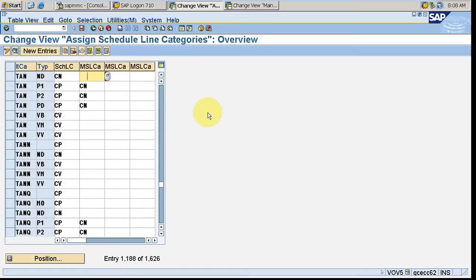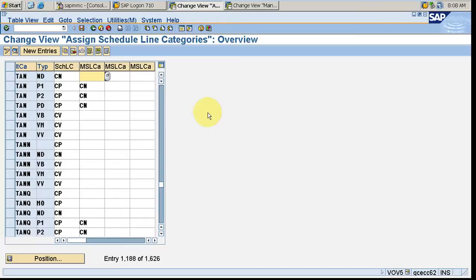So in general what happens is, to determine the schedule line category, the system first checks the item category plus MRP. Okay, and it determines the schedule line category. Then after, it checks the item category to determine the schedule line categories if MRP is not available.